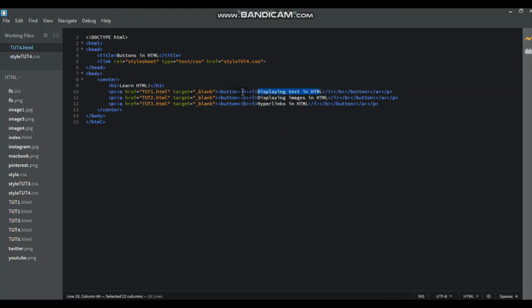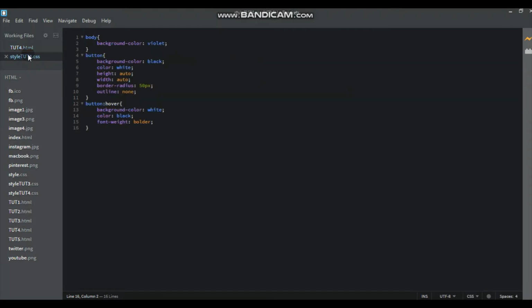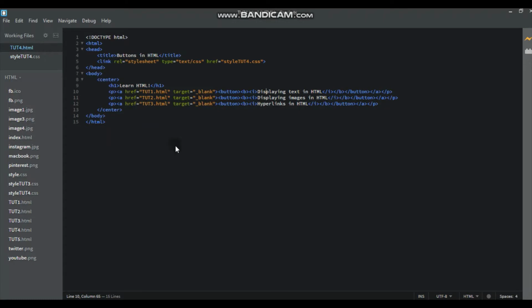And then to display a text in bold, we use the B tag. Inside that we type the text, and then to display it in italic we use the I tag. And then in CSS we have learned about the hover effect. So to add a hover effect to a tag or class, for the tag of the button, I use button colon hover, and inside that I will make the changes of the hover, and the output of this is